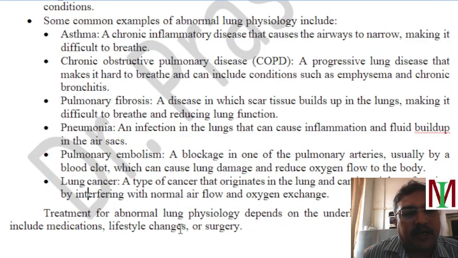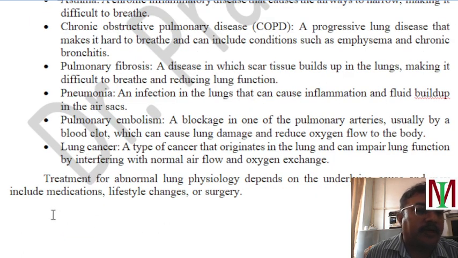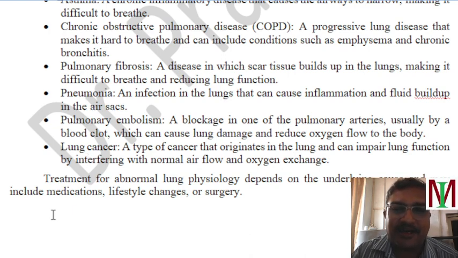So treatment for abnormal lung physiology depends upon the underlying causes and may include medications, lifestyle changes, or surgery. Okay, so medication is a very good option, a very low cost method. Lifestyle changes will also be very useful, and youngsters can follow them if they make lifestyle changes at a young age. It's very difficult to do, but once we get a little bit aged we can do those lifestyle changes. Surgery is very difficult and costly,